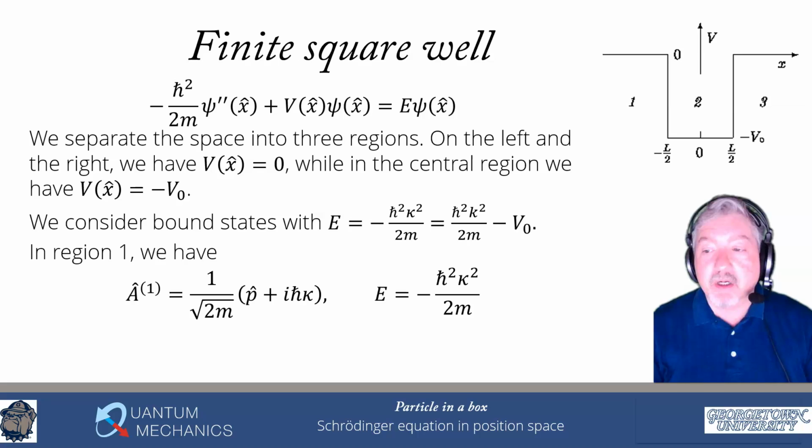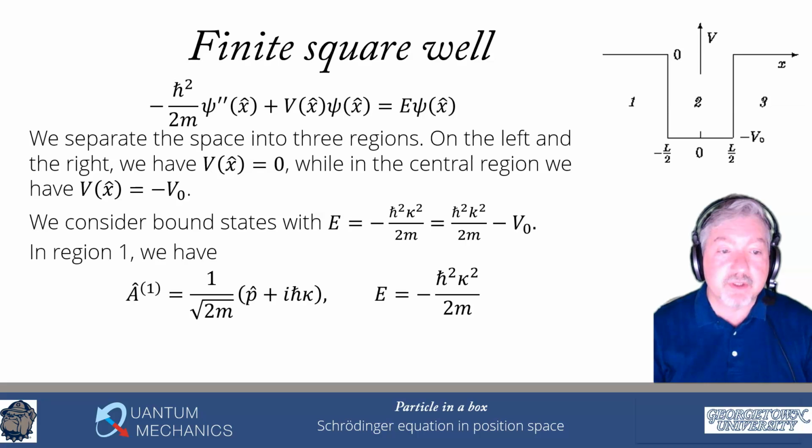In region 1, our lowering operator, and I put a superscript in parenthesis 1 to indicate this is what I have in region 1, is given by 1 over square root of 2m, p hat plus i h bar kappa, and the energy is minus h bar squared kappa squared over 2m. You should go through the exercise of verifying that that's exactly what you get. You simply need to calculate A dagger A, the raising operator product with the lowering operator,